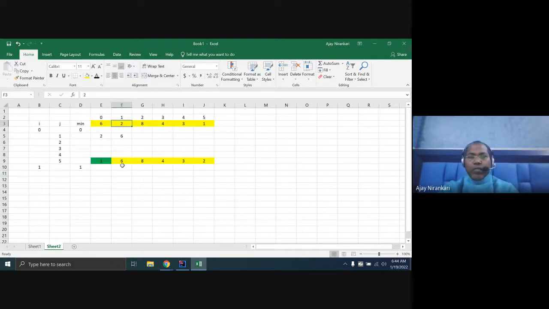And now you compare this first position data with the 6. Okay, yeah, it is greater than, no issue. Then again compare. Sorry, we are assuming this data, the 1st position, is the minimum. Now we are considering this as the minimum. So now you have to compare to this one, right? Is this the minimum? Yes. Is this the minimum? No. 4 is the minimum. Then we have to swap this 4 with the 6 here.